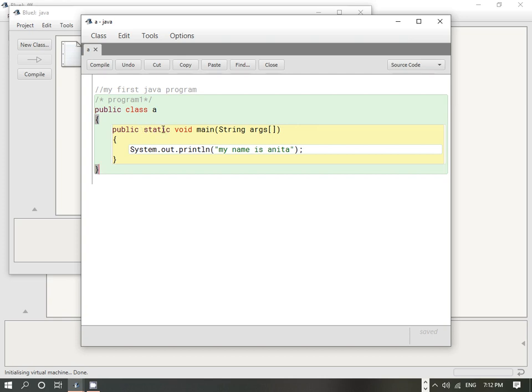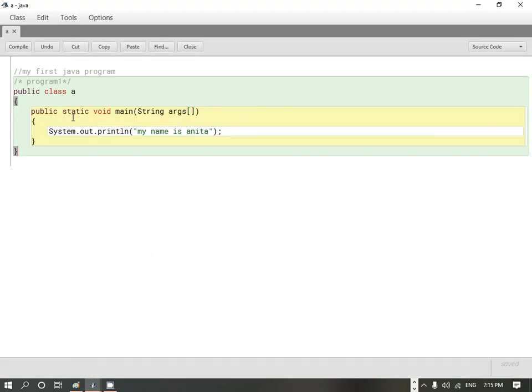Now here we have a static word. This static means that this is a method, and this method is associated with the class itself. Means with this class itself this main is associated.